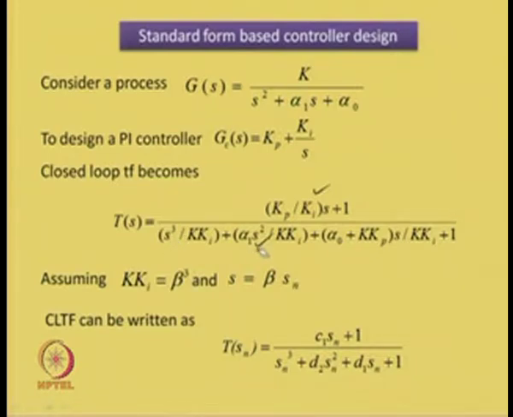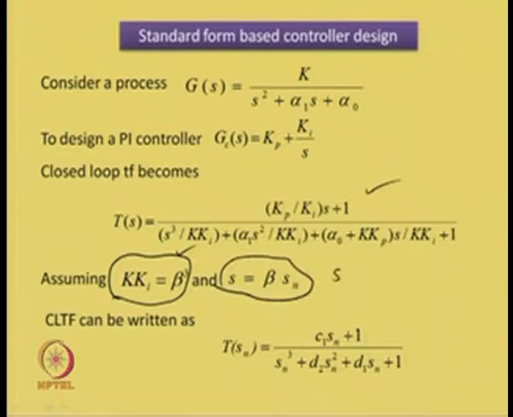When the transfer function has been obtained in this typical form, assume kKi is equal to beta cubed and s equal to beta Sn, where Sn stands for the normalized s,